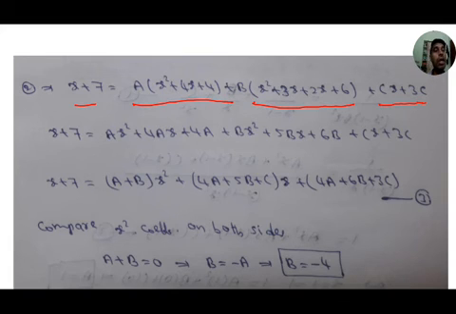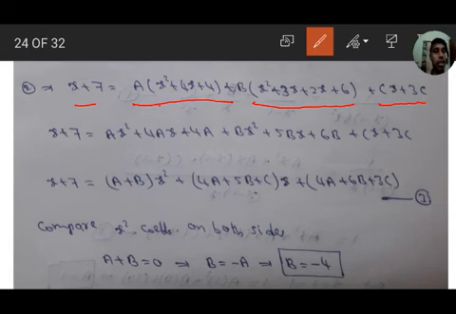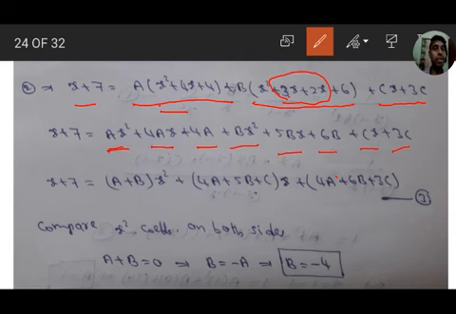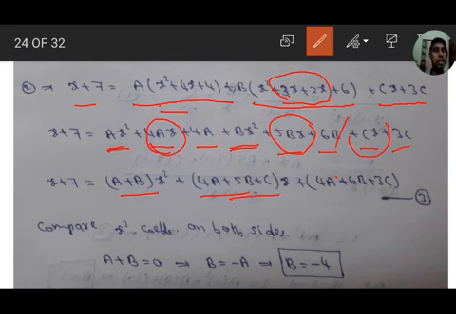Simplifying, and if we multiply with a and b, we get x plus 7 equals ax square plus 4ax plus 4a, and bx square plus 3x plus 2x is 5x, so 5bx plus 6b, cx plus 3c. Square terms: a plus b of x square is common. Next, x terms: 4ax, 5bx plus cx, x is common, we get 4a plus 5b plus c of x, and constant terms 4a plus 6b plus 3c. It is the third equation.